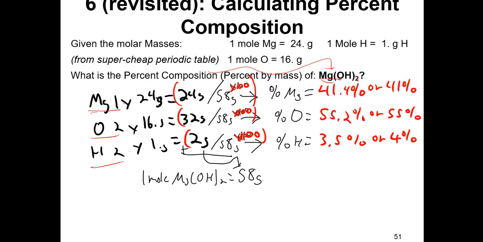You then have to multiply each one of these by the molar mass. So that gives you 24 grams. There's 2 of the oxygens, so that's a total for element oxygen of 32 grams, and then a total for element hydrogen of 2 grams. Make sure to add all of these together, and that gives you the total molar mass, which is 58. So divide each of these numbers by 58 times 100, and then that gives you your